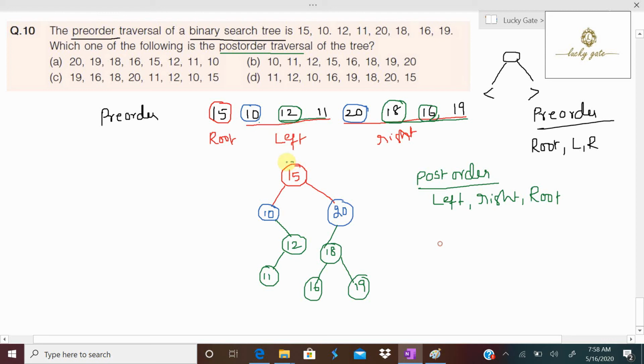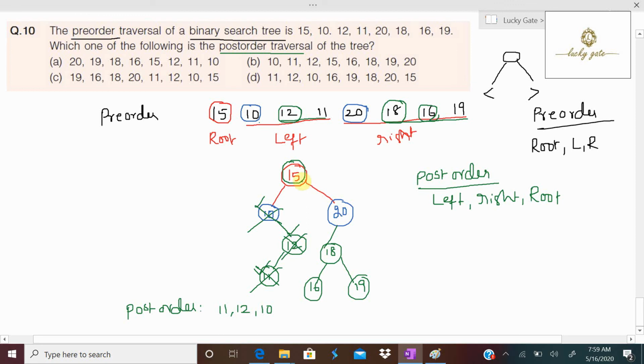First the left subtree, means start with this node, go to the left subtree, we have again its left subtree not there, so move to the right subtree, come to here, again execute the algorithm, first left subtree. So the first key value in the post order traversal will be 11. Move up, its left subtree is over, 12's right subtree is not there, so visit this root node. Now next is 12, because it is over, move up, its left subtree is not there, right subtree already over, now visit the root node.